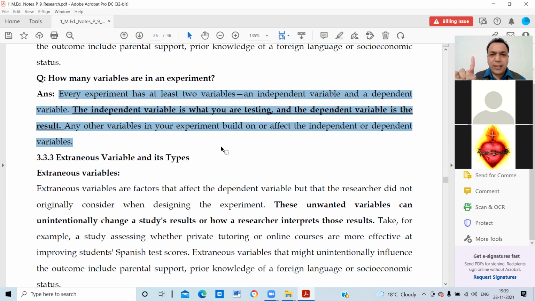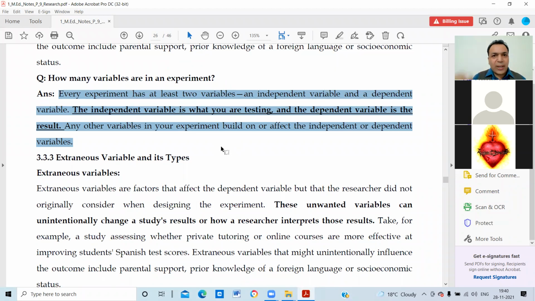That was the first point under these steps. The first point of the research is defining a research problem, है ना, choosing a correct research problem. So in research problem or statement, there is a difference between the research problem and statement. In a research problem, there should be at least 2 variables. That's why it has been said that in every experiment, means in every research, there should be at least 2 variables, one independent and one dependent variable, right? The independent variable is what you are testing, and the dependent variable is the result.